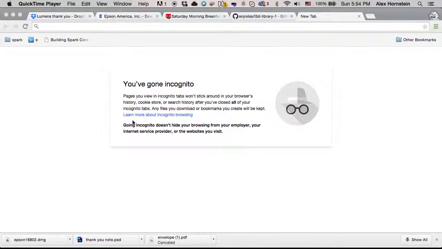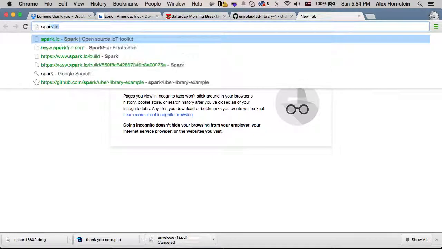So I'm going to give a quick example showing how to compile using the new L3D library in the Spark editor and then bring it down to a computer. So you bring the compiled file down into the computer and then you load it onto a cube using USB. So to start with, we go to Spark